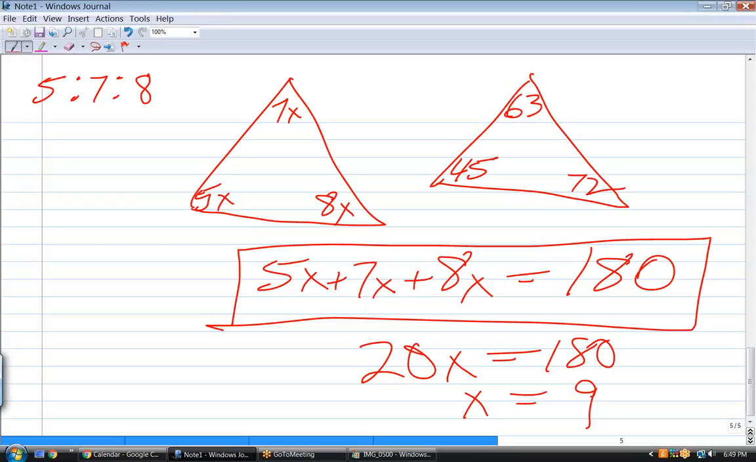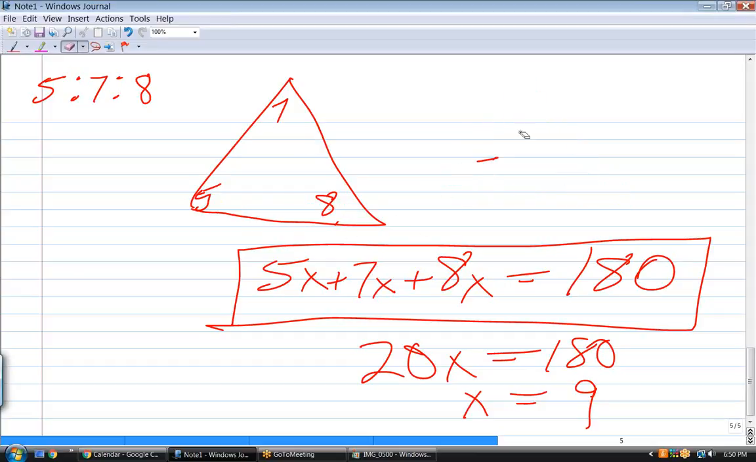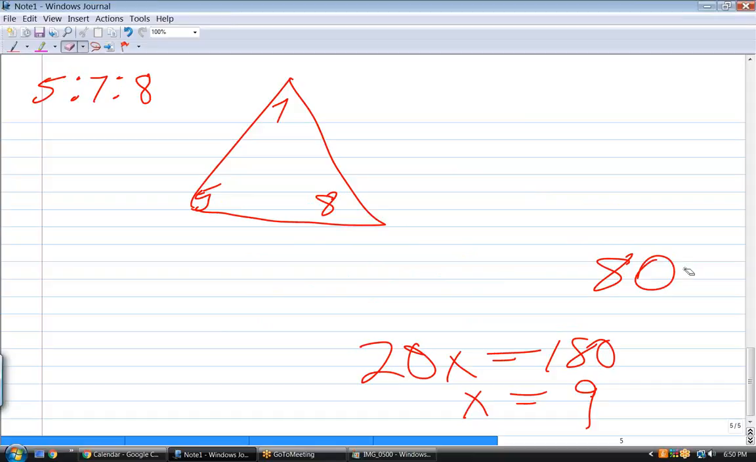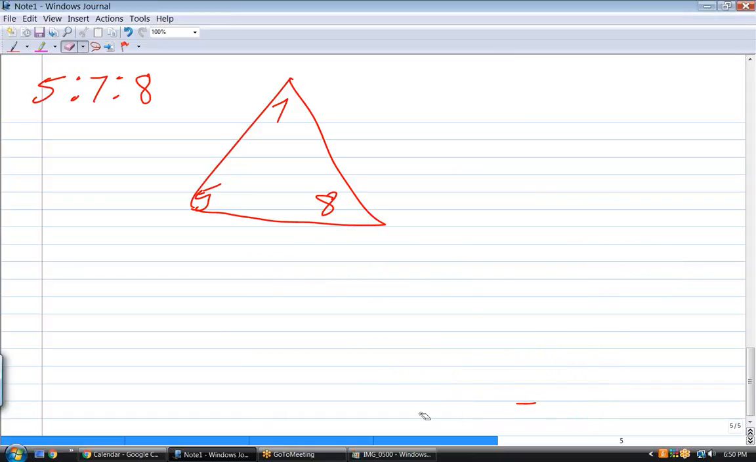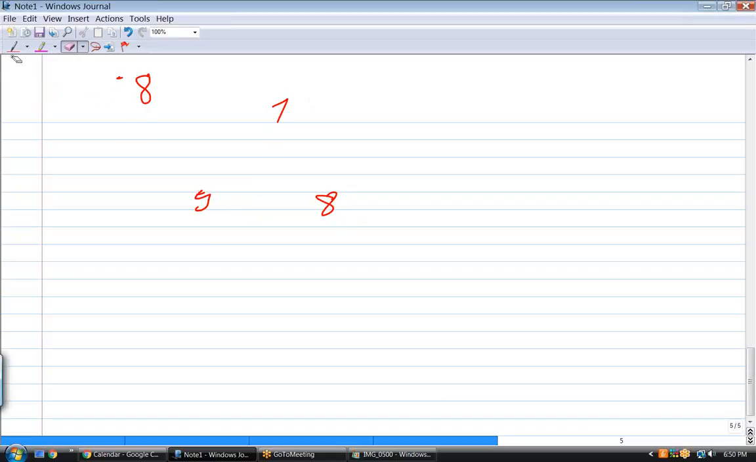Now, the whole key on this problem is really the decision to introduce a variable. In other words, I'd have a hard time solving this if I started out that way, because I can't write an equation. In other words, I can't say that 5 plus 7 plus 8, oops, hold on, something's gone wrong with my,